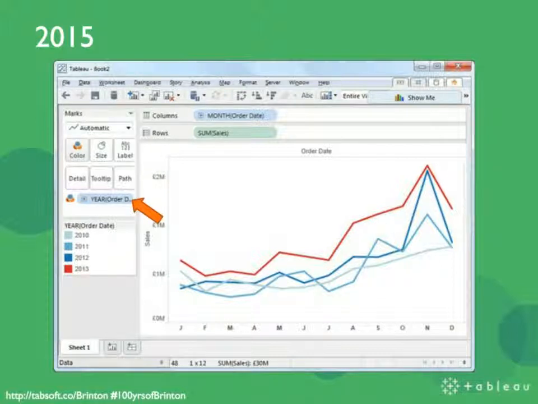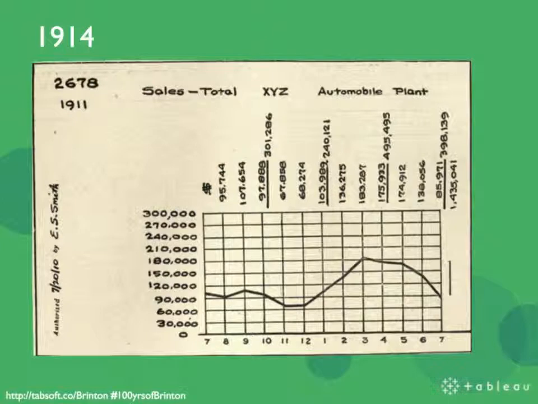It's an absolute revelation, and now we have this ability to change charts instantly. It seems, well, that's amazing, and what a great innovation. Thank God we're there in 2015. Well, Brinton recognized 100 years ago that actually interactivity is really, really amazing. He didn't have the benefit of technology, screens and mouses and amazing programmers and very intelligent people who could program their computers, but he did have index cards.